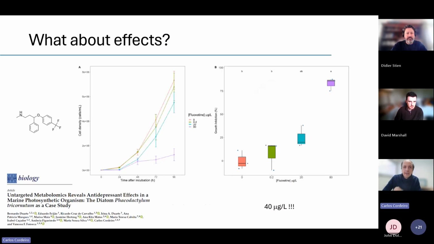So one immediate thing that fluoxetine does is that it is quite toxic to diatoms. You can clearly see that if you don't add anything, the cells will grow nicely, but if you start increasing the concentration, you actually have a very abrupt shift here. So you have two situations that are barely distinguishable from the controls, although you can already see that there is a decrease in the growth rate. But if you push to concentrations that are just slightly higher than what has been detected, then you have a dramatic effect. So if this affects growth, definitely it will affect metabolism.